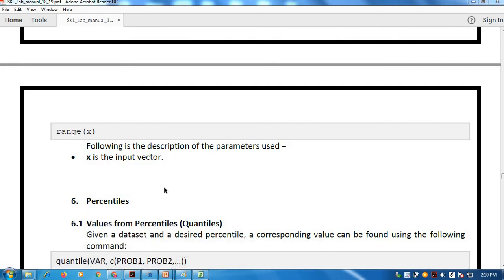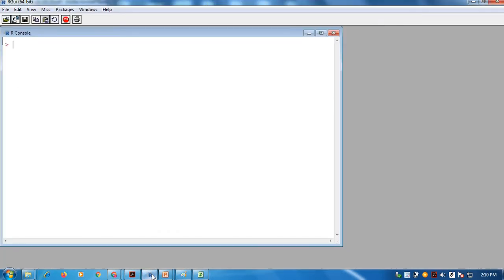So next we are discussing the range. The range command works like this. Again, if I display x, this was my x value which has this pi value. I am giving the function range for data set x. So it is giving me the range of values available in the given data set. The minimum value is 5 and the maximum value is 18.